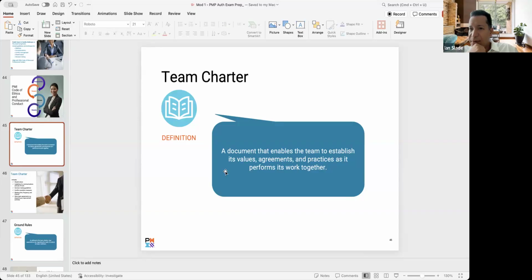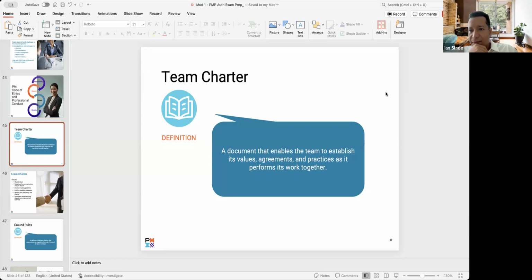say, for example, Francisco is the project manager and he has an issue with Ebenezer, because Ebenezer is not allowing others to share their opinions. And then let's say Jasmine is referring to a document that has the list of its values, agreements, and practices. What document is Jasmine referring to? Letter A, stakeholder register. Letter B, resource plan. Or letter C, team charter. So, right, obviously team charter,